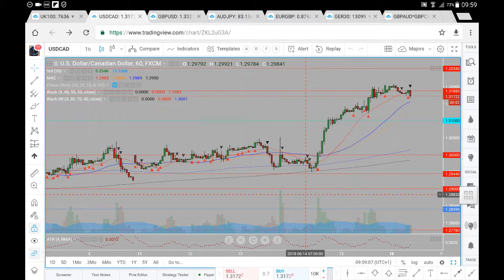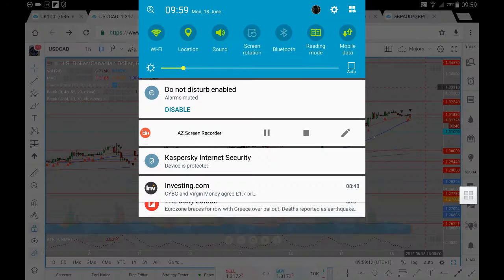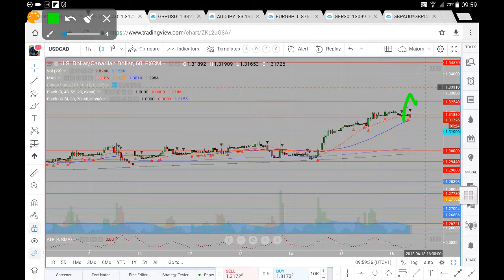If, however, we do see this continuation of this move here to the upside that we have seen more recently, if we do see this continuation to the upside, we are then looking for prices to progress, if we do break back above the 131.88, progression here to the upside, towards 132.54. This major level marked out here in red. And if we can break and hold above the 132.54, we're then looking for price to head up towards that 134.57,